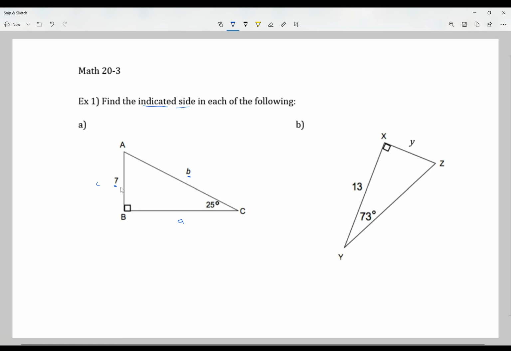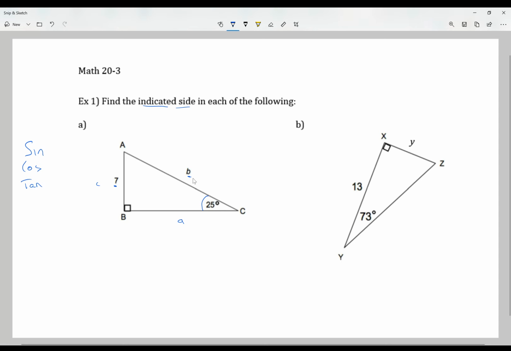So I have side C, which is 7. I don't have side A and I don't have side B. So I'm not going to be able to use Pythagorean theorem here because I only have one side length. However, I do have this angle right here. This angle is measured at 25 degrees. So what I can do is I can actually use my trig ratios, either sine, cos, or tan, to solve